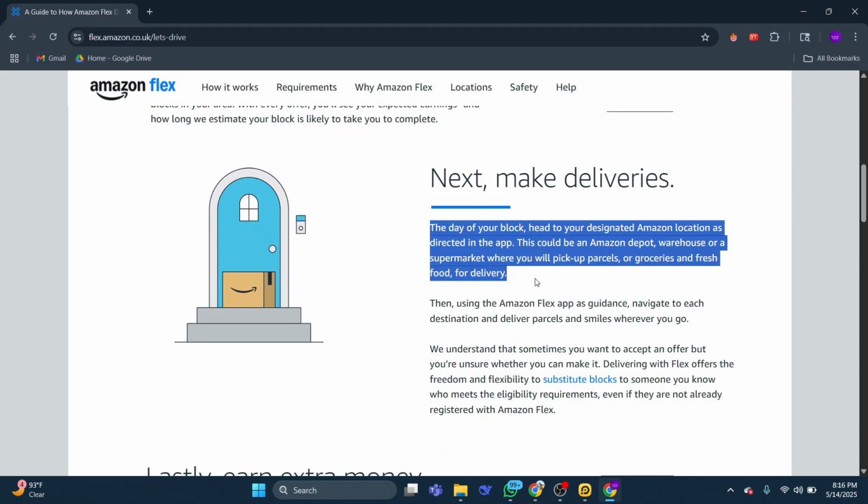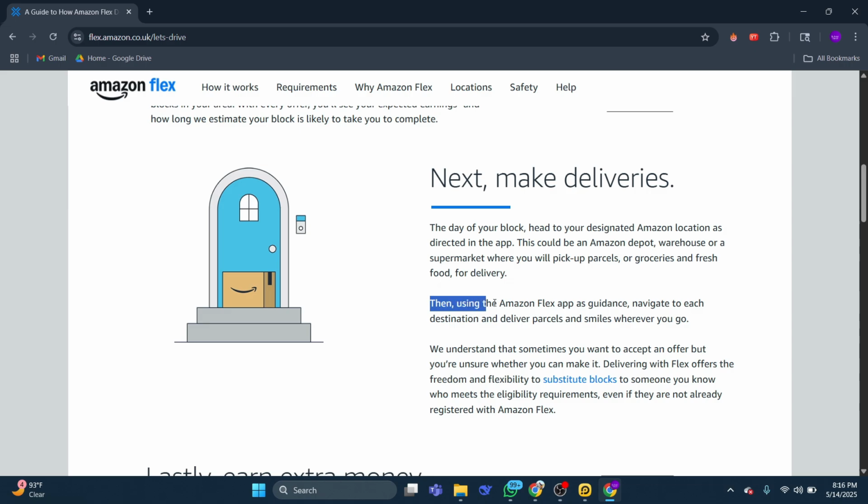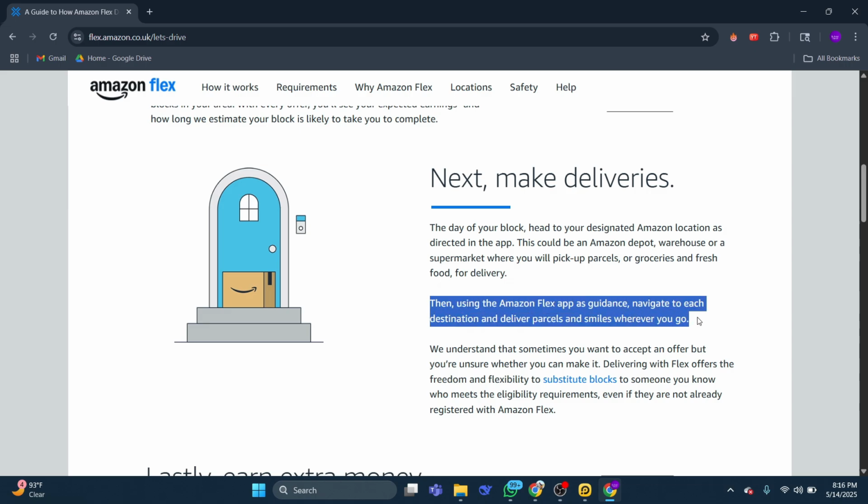The day of your block, head to your designated Amazon location as directed in the app. This could be an Amazon depot, warehouse, or a supermarket where you will pick up parcels or groceries and fresh food for delivery. Then, using the Amazon Flex app as guidance, navigate to each destination and deliver parcels and smiles